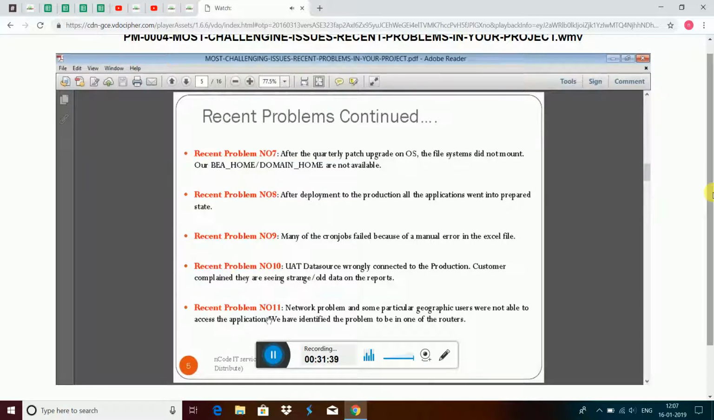Then problem number 11 is a network related problem. It says network problem and some particular geographical users were not able to access the application. We have identified the problem to be one of the routers. So the problem here was,